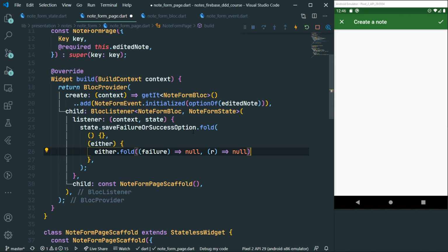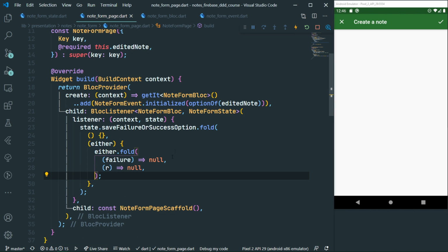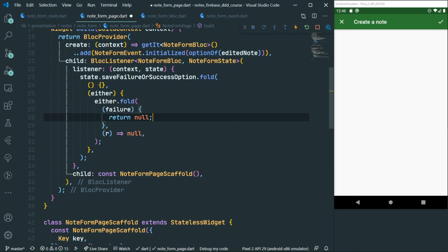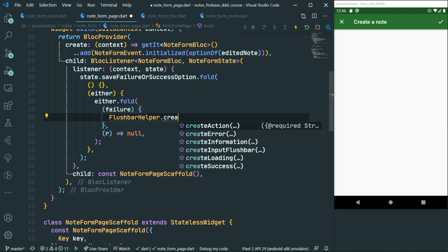So in the case of a failure, we are going to, again, create a block body. It's getting heavily nested already, but this is the thing which we have to do. And we are going to say flash bar helper dot create error,